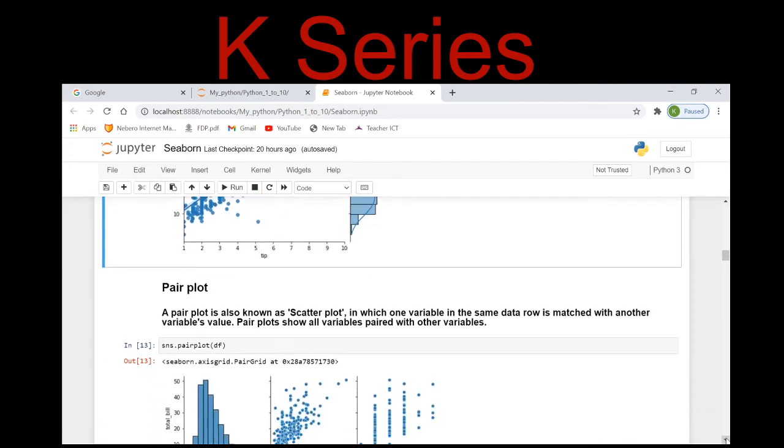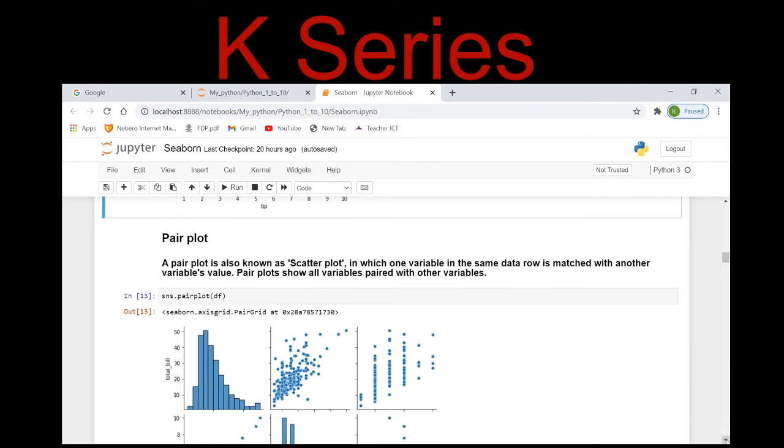Moving on further, now drawing pair plots. What is the usage of pairplot in Seaborn? Pair plots are also known as scatter plots, in which one variable in the same data row is matched with another variable's value. That is the pairing of the value of one variable with the other.